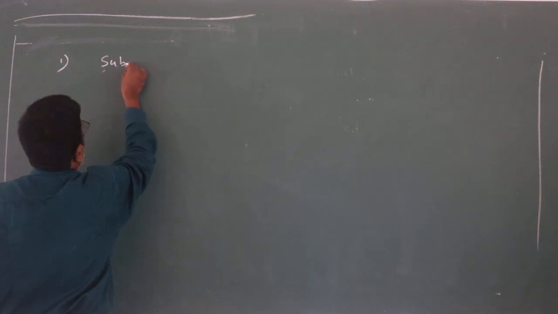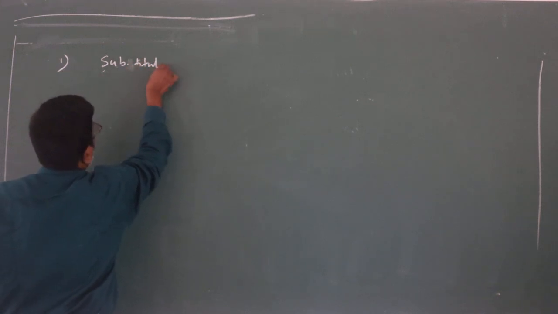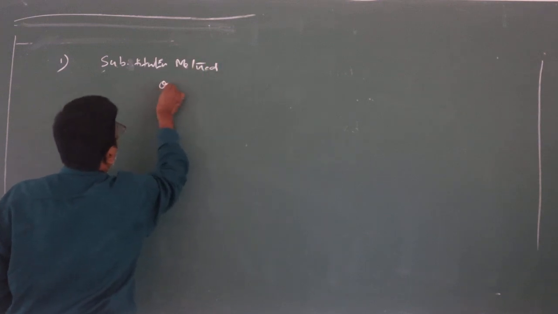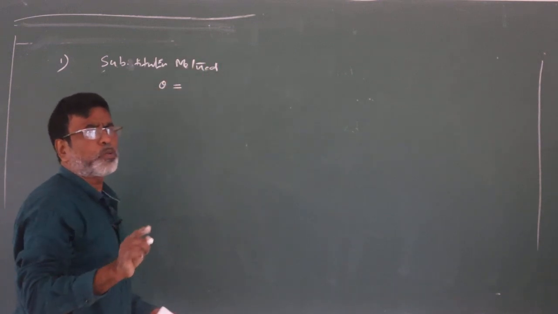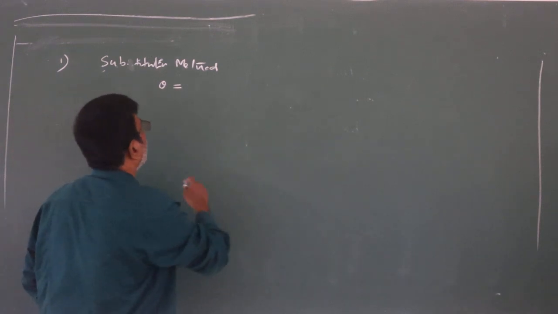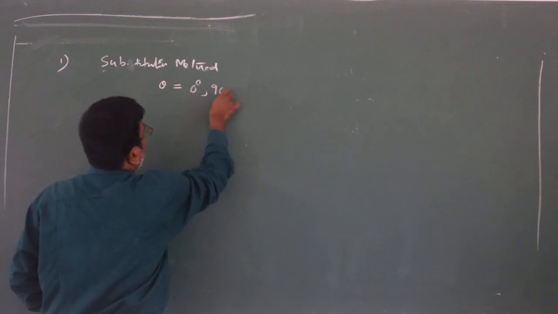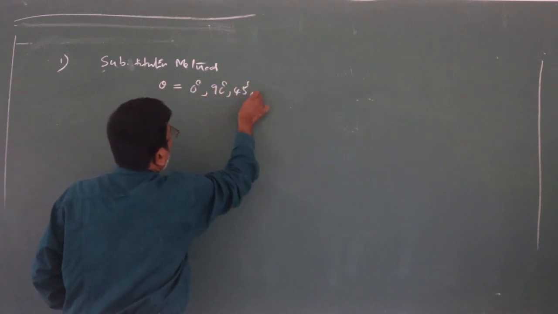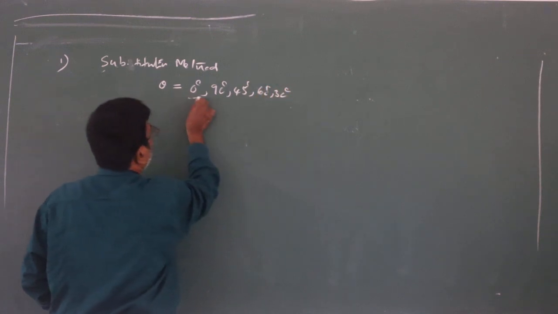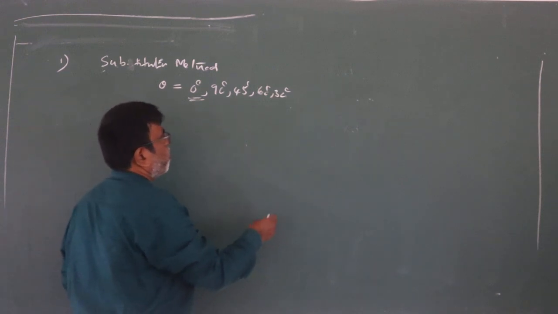The first one is the substitution method. While taking the theta value or a value, multiple suitable substitution options are there, and we easily get the answer. For suitable substitution, we take 0 degrees, 90 degrees, 45 degrees, 60 degrees and 30 degrees. Substituting 0, we get the problem easily. Let me explain.